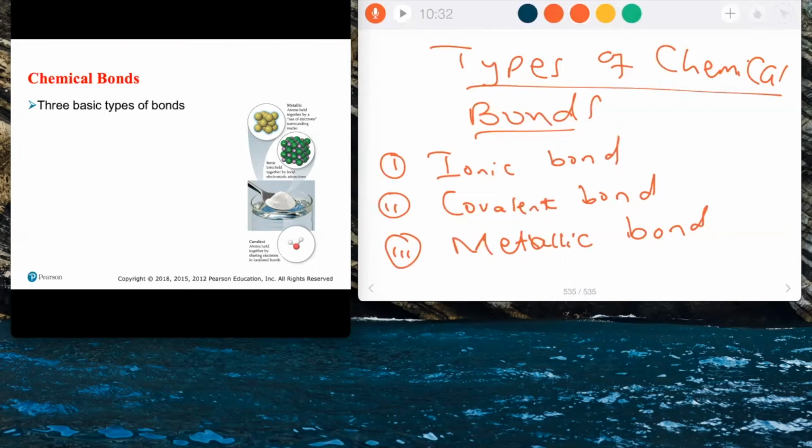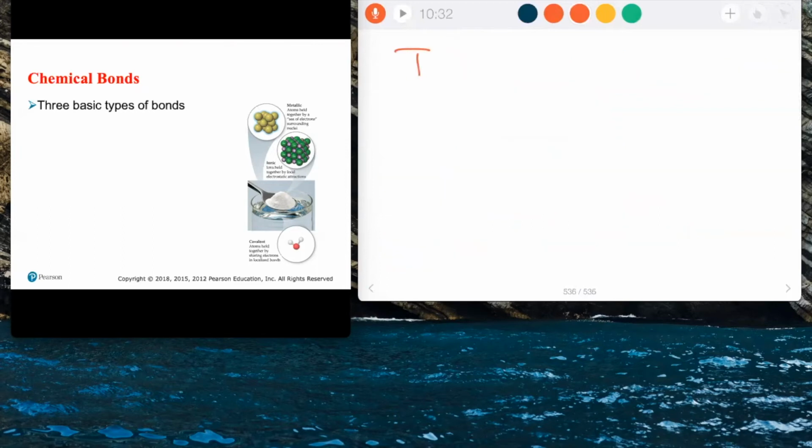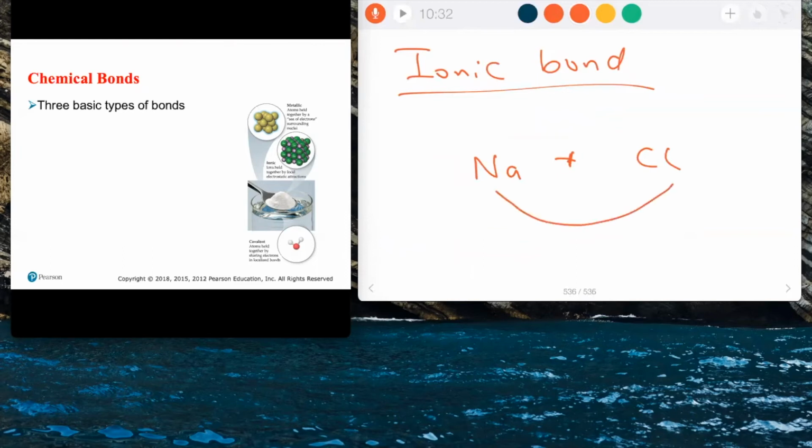In ionic bond, there is transfer of electron from a neutral atom to a neutral atom. The arrow indicates transfer of electron, and what this means, we'll end up with sodium, which is cation, and chlorine, which is an ion negatively charged, and the force of attraction leads to what we call ionic bond,